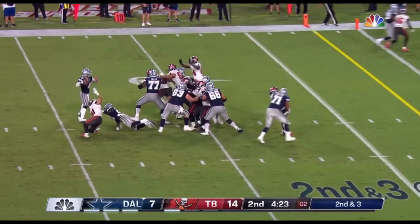And this is the most important thing. Look at the timing that he has. At this point in the route, Amari Cooper has not turned around. He's still trying to move his defender north rather than south, because at the end of the day, this is a curl pretty much. It's a comeback route. And Amari Cooper's still running towards the route. However, Dak and Amari Cooper really are in sync, and you saw that